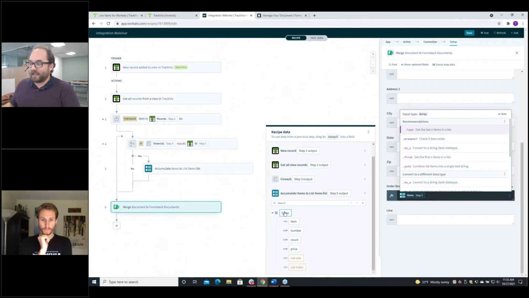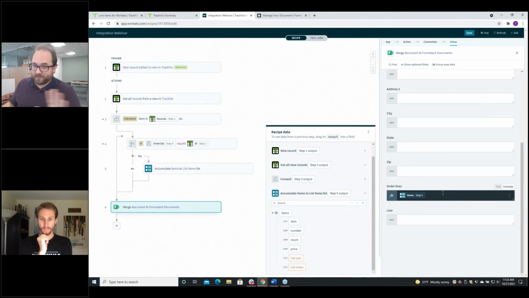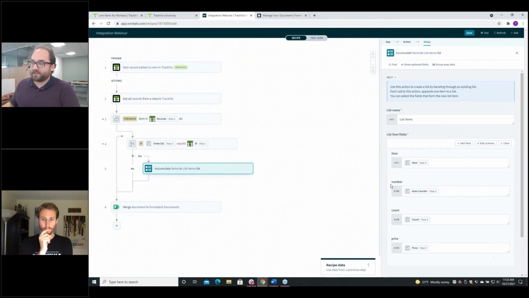If I pull it in as an items pill like that, rather than picking the individual fields, what I'm actually saying is I want the whole array, all the fields, all the items, the whole list. I'm going to shove that whole list in JSON format into this field, and that's all going to get sent over to Webmerge. Webmerge should be able to interpret that correctly because we've named those fields on this step exactly the same as they are on the Webmerge document. So it should hand them over pretty seamlessly.